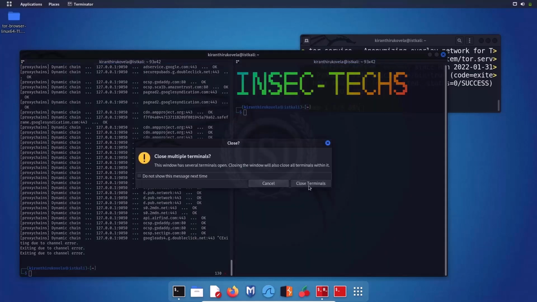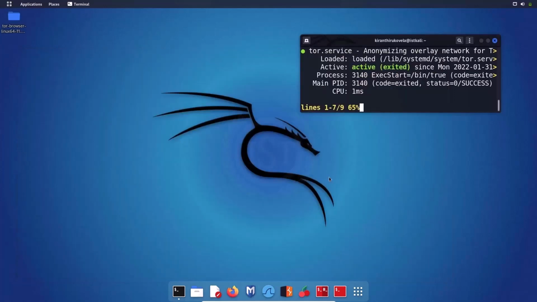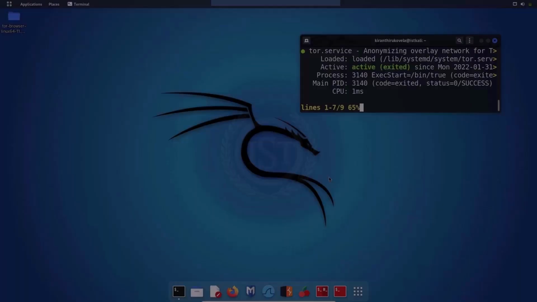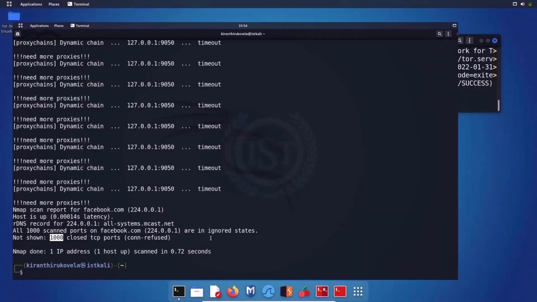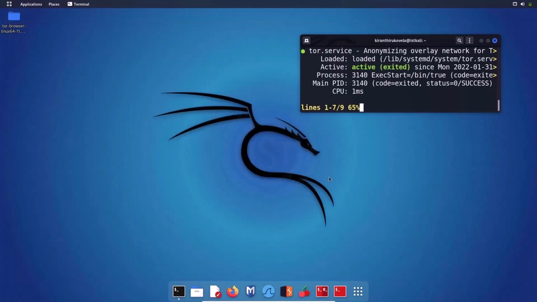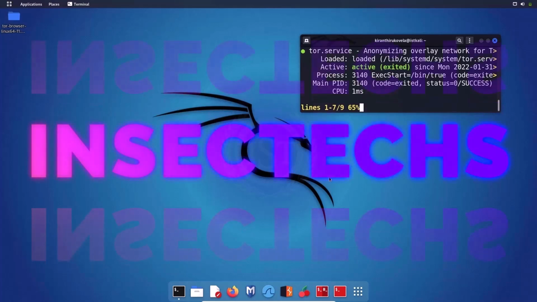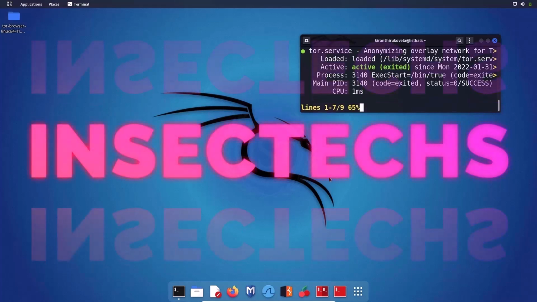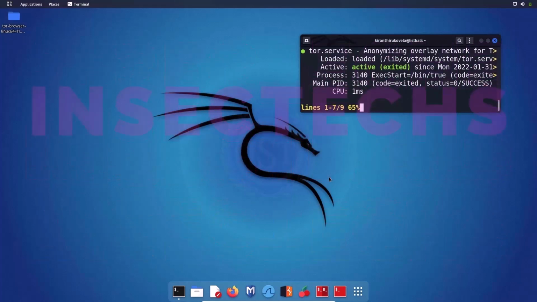Let me close the terminal. So a while ago I did Nmap scanning on Facebook using the Proxy Chains tool, and we had these results, right? We did not end up with any results over here. Actually, I said leave it, we'll see it later. So I hope you now understand why we did not get any results, because at the time the Tor service was not enabled. Now since this Tor service is up and running, it's active, let us fire the same command, proxychains nmap facebook.com, and let's watch the results if we can dig any results on facebook.com.